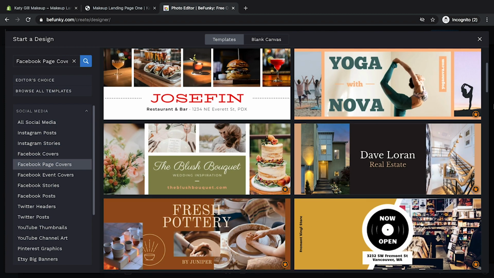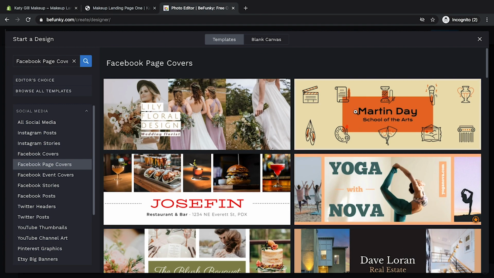Whenever you see the little star around this application, that's a premium service, and to get those you do need to subscribe for a monthly fee, and if you use it a lot, it's still great. I think it's about $6 or $7 a month. Anyway, we just want to create a blank canvas, put a makeup image in there, and then add some text. So let's start with that.